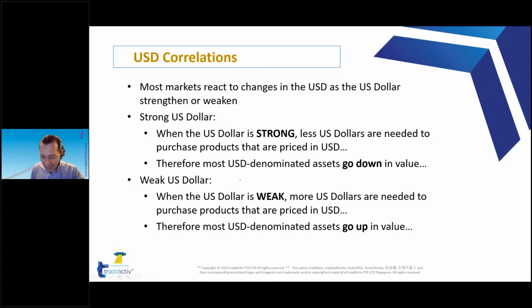So what happens when the value of the dollar goes down? When the dollar is weak, you need more dollars to buy the same thing. So the prices of stocks in all those exchanges were going up. And it's not because the economy was so good that the stocks were gaining value. It's because the currency in which those stocks were priced was losing value, and therefore you needed more of those dollars to buy the same thing.